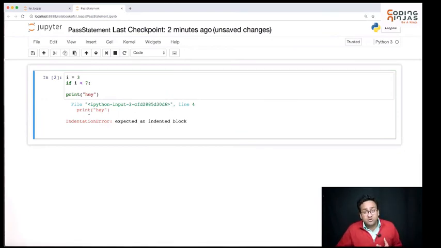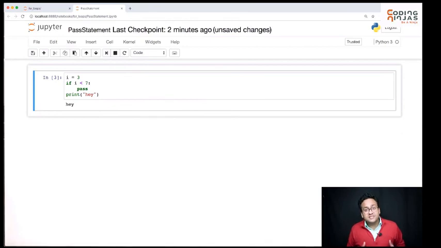So Python is saying, you have written if, you want to do something inside that, right? So Python is saying that you need to do something inside the if statement or a while loop or a for loop. In case you want to say, hey, I'm not interested in doing anything inside this if, but for some reason I want to write it, then you can write a pass. So pass is basically just a dummy statement which you can use in case you don't want to write anything inside that if or inside the while or inside the for.